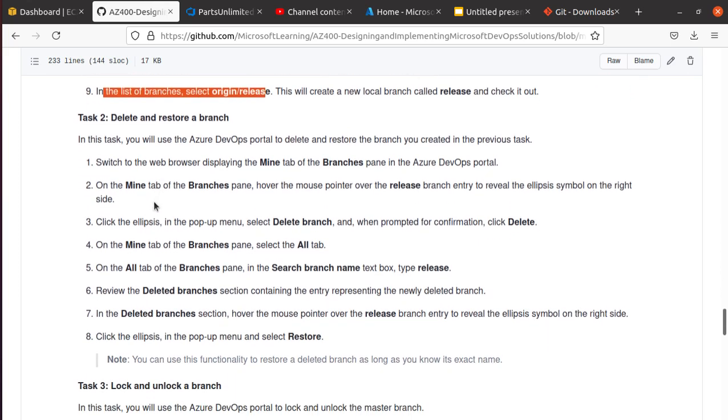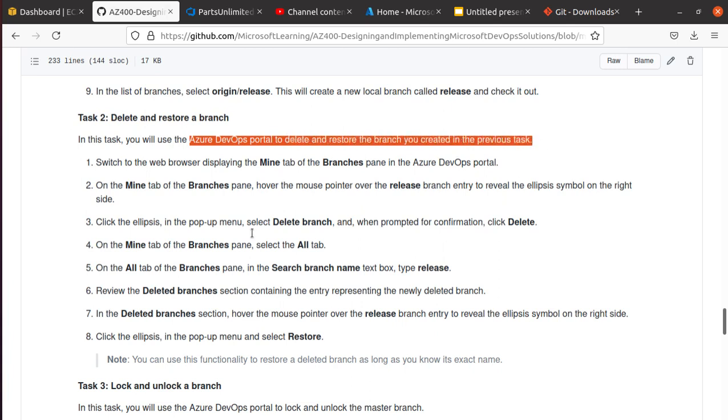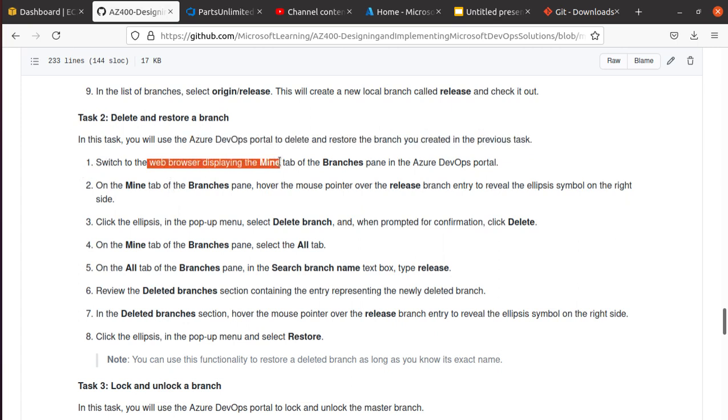So the next task is delete and restore a branch. In this task you will use the Azure DevOps portal to delete and restore the branch you created in the previous task. So let's go back to the web browser. And then in the branches pane, on the mine tab of the branches pane, hover the mouse pointer to the release branch entry to reveal the ellipsis symbol to the right side. So over here,